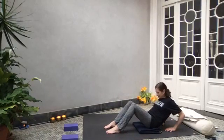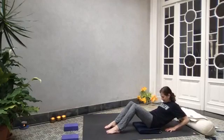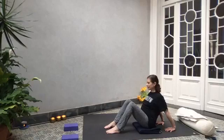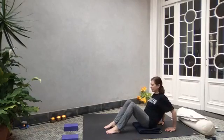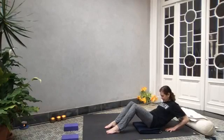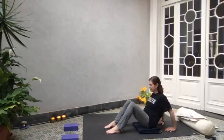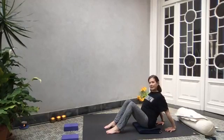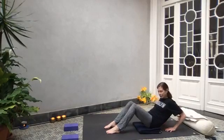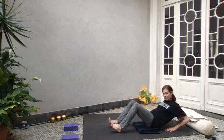Exhale, rounding, and inhale. Just bring your head back to center. We're not going to arch back yet. We're going to round the lower back, middle back, upper back, and inhale, come up. We're going to add the feet to that. So now as you round your spine, you come back, you're going to lift your toes and the balls